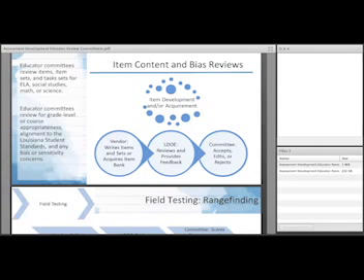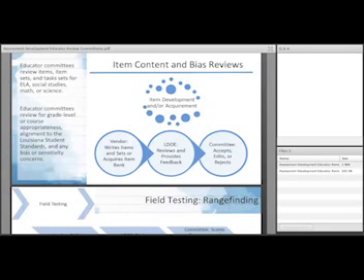Much like the passage, stimuli, and source reviews, they will either accept and say, this looks great, this is wonderful. Or they'll say, this is pretty good, but here are some edits to make it better. Or, I can't take this as it is, but if we make these edits, then I can. Or they'll say, this is just really off the mark, and we can't use this, and so the committee will reject it.